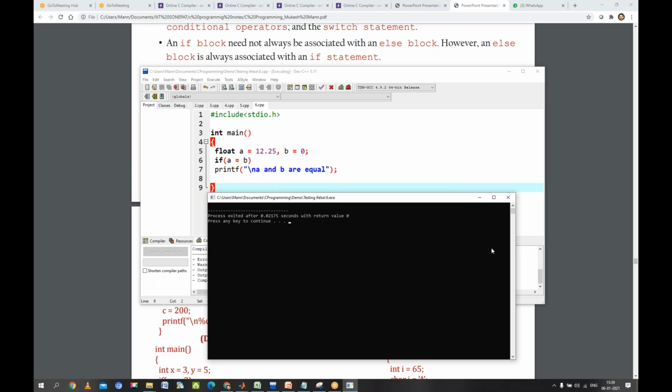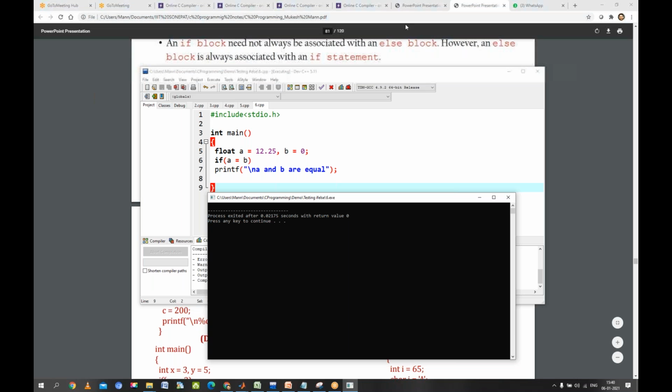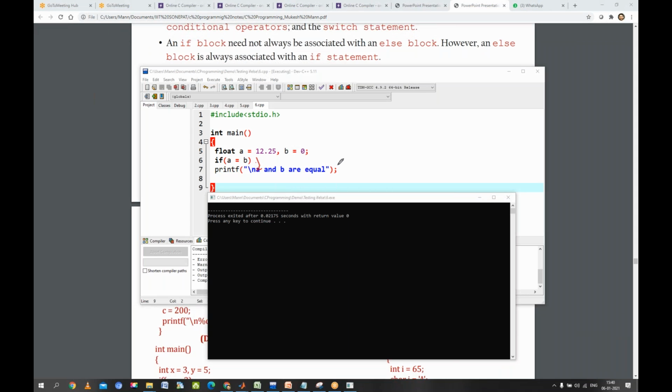So now in this case, what will be stored in A? A will get 0, right? Yes sir. So this condition is false. Whenever the condition is false, it will not execute. It will not enter the if condition. Because we have only one single statement here, curly braces are always implicitly attached, so it will be like this: this curly brace and these curly braces, right? Everybody is getting the idea or no?